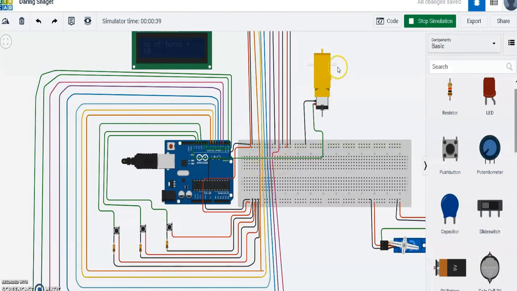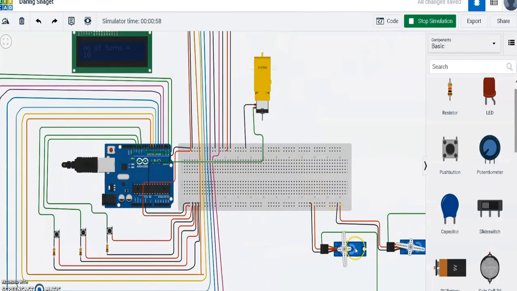So now I want to start this DC motor and the servo motor. For doing that, I am going to use the second push button. On pressing the second push button, the system will accept the given input number of turns, and the DC motor and the servo motor starts rotating. So I am going to press the second push button. As you can see, the DC motor and the servo motor have started to rotate. Now these will be rotating until they encounter 10 number of turns.